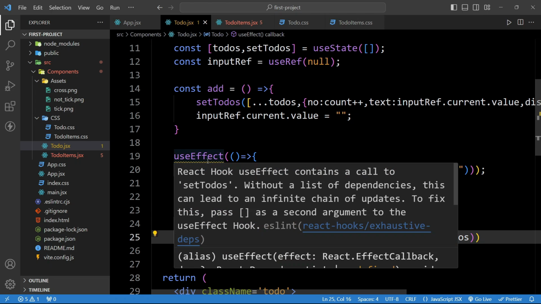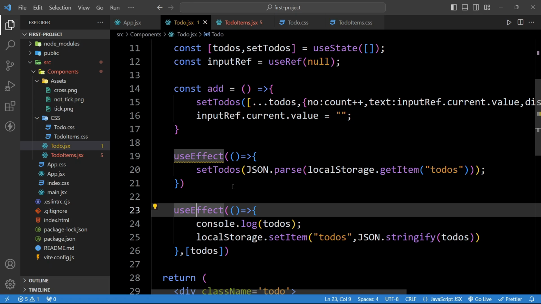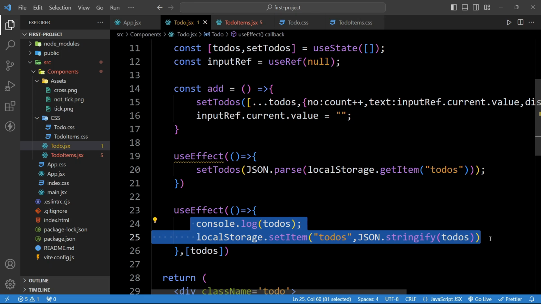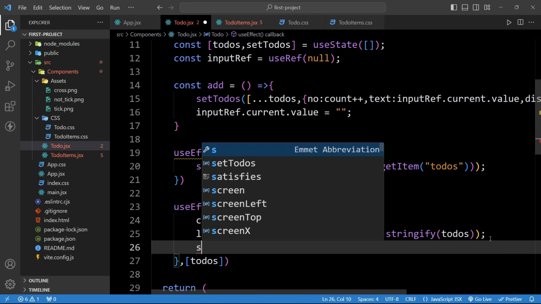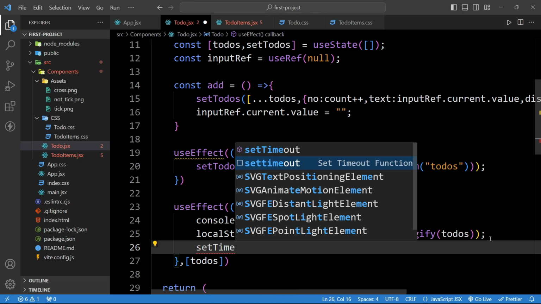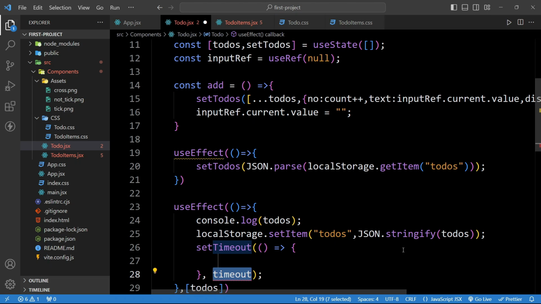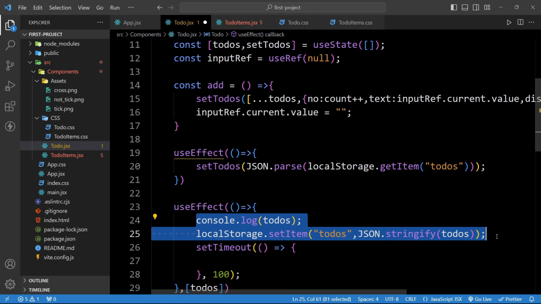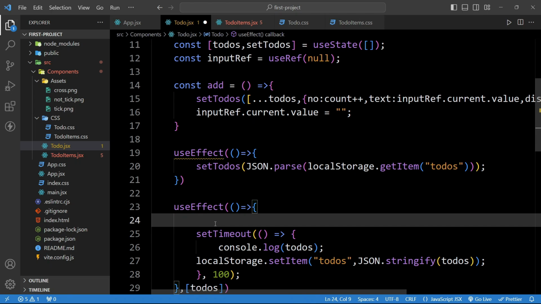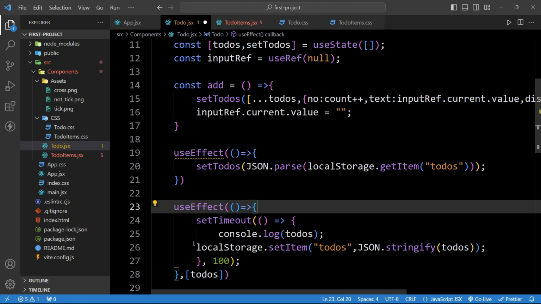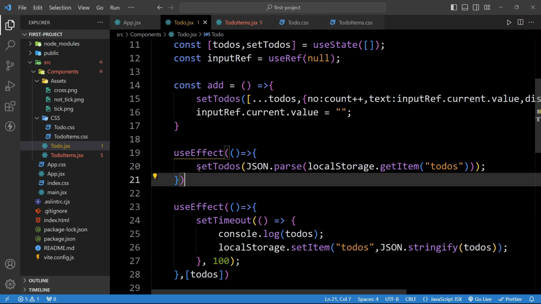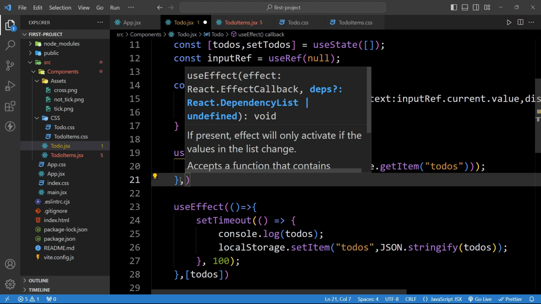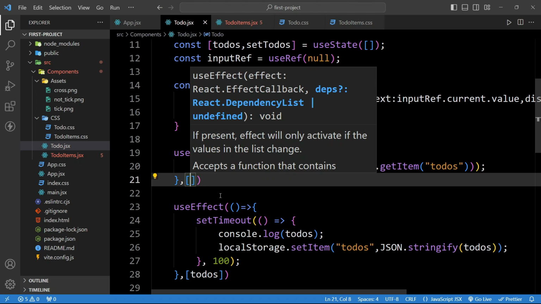So now we have two useEffects. To run this useEffect, first we have to insert the second useState code in the setTimeout. So here we will use setTimeout, and here we will set the timeout 100 milliseconds, and in this one we will use our statement. After that, we want this useEffect to be executed on page reload. So here we will add comma and a square bracket. Save this,